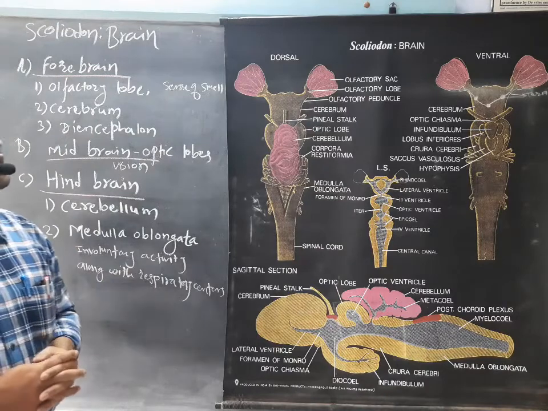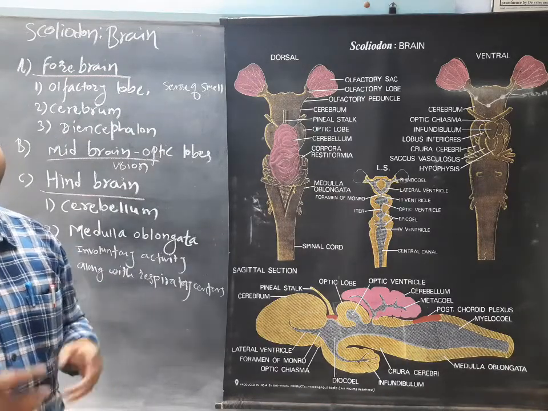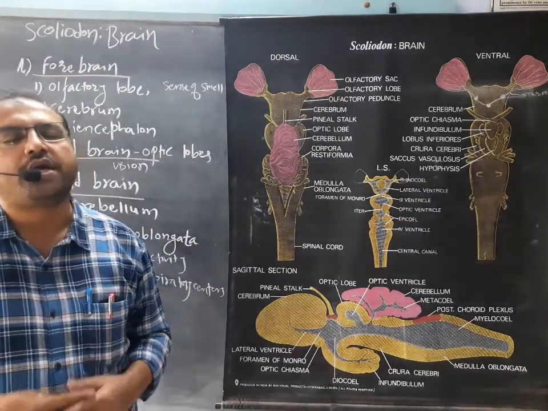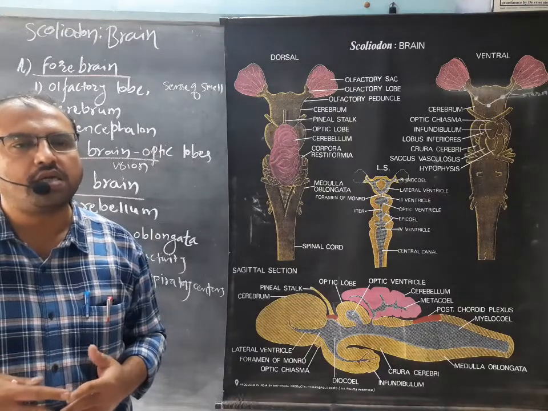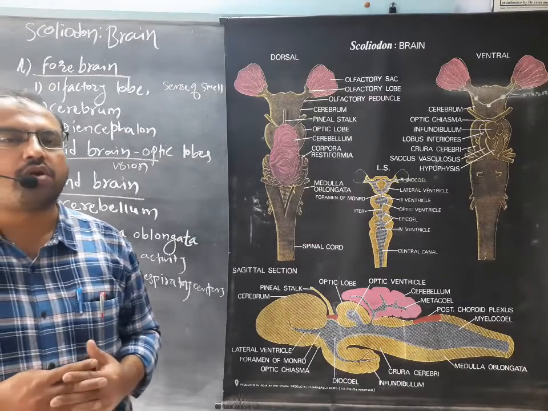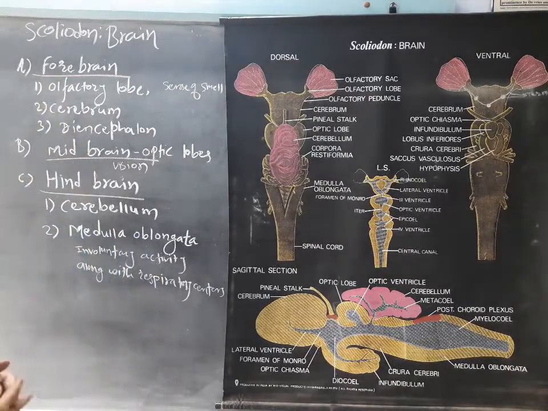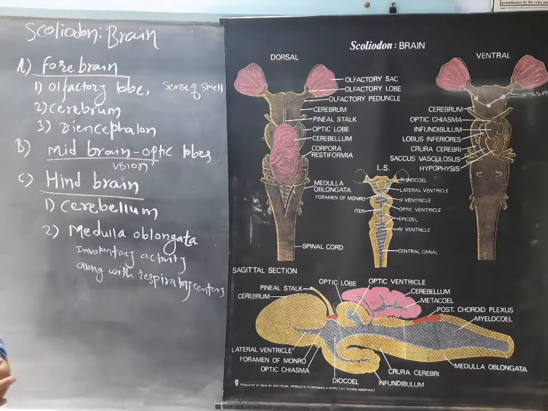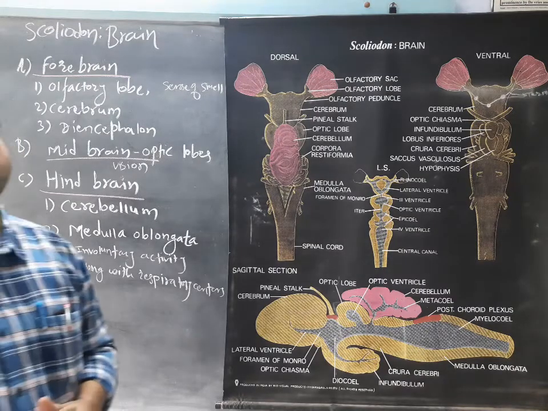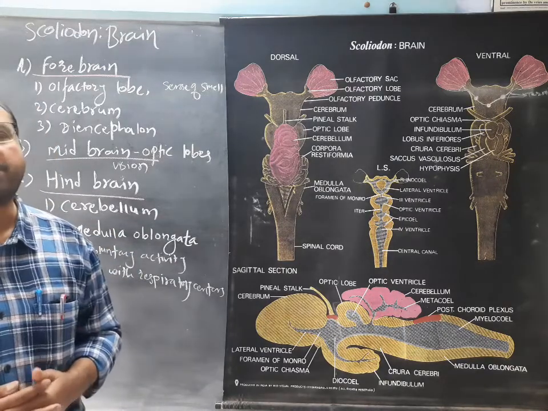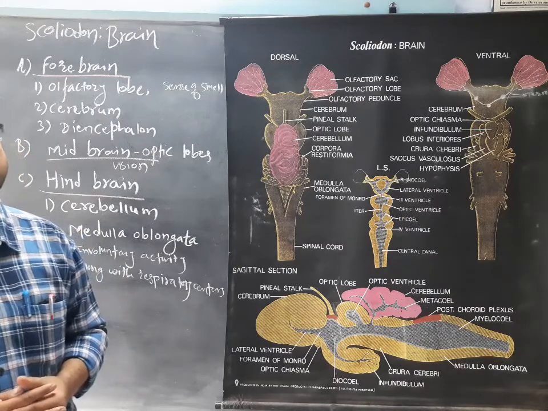The olfactory lobes are huge, very large and well developed, and that's why the sense of smell in Scoliodon is very high, so that it can detect the smell of prey or of objects in the sea from far away, from a long distance, due to these well developed olfactory lobes. The cerebrum helps in maintaining memory power. The diencephalon has the hypophysis, which acts in regulating secretion. Then the midbrain, which concerns the optic sense, or sight, or vision.